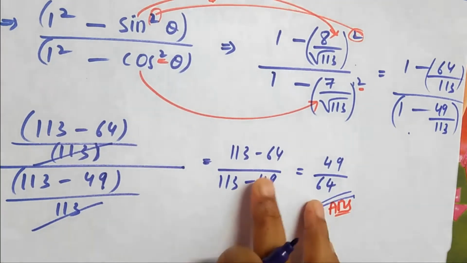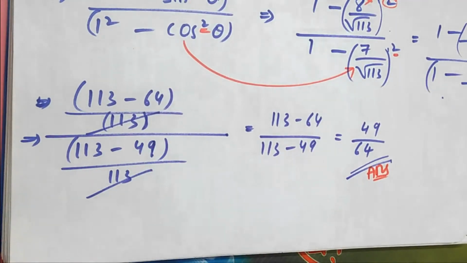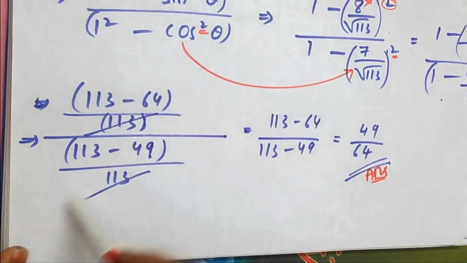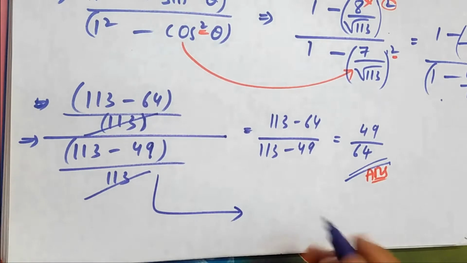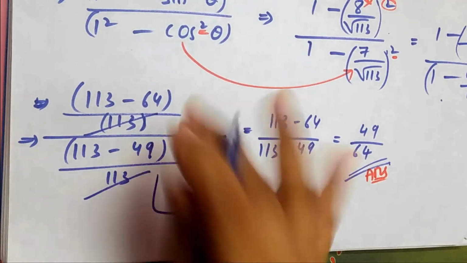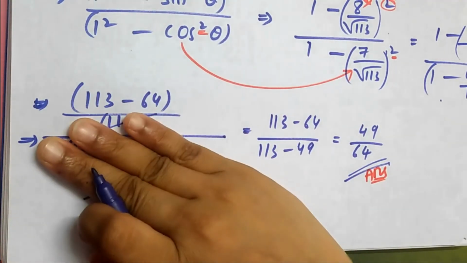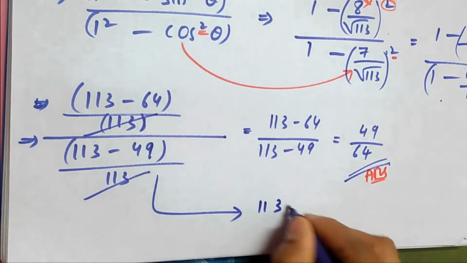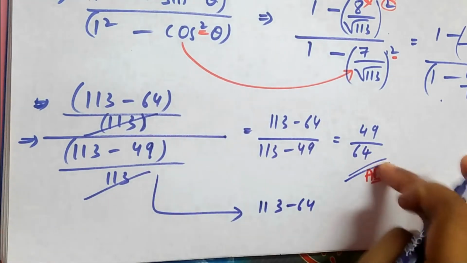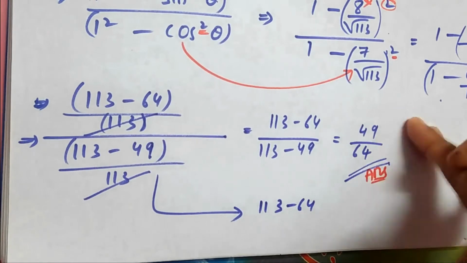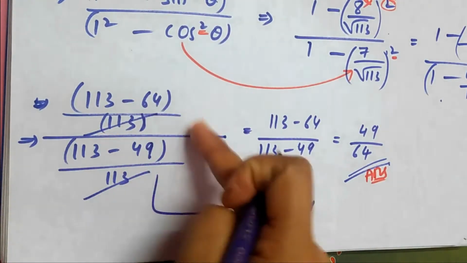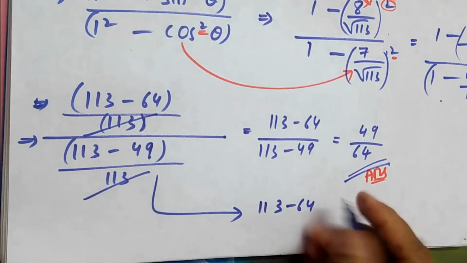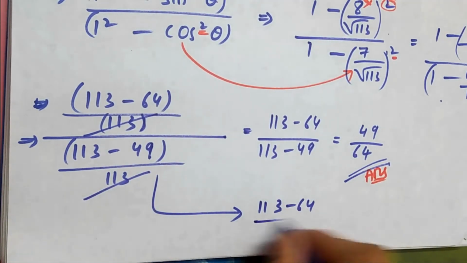For people who did not understand that we are cancelling the denominator, there is one more step that you can add. For some people who didn't understand that, we are copying this as it is. The answer ended here itself, it's not the step after this. I'm explaining this for some people who did not get why we are cancelling 113. Okay, for a more simplified way.